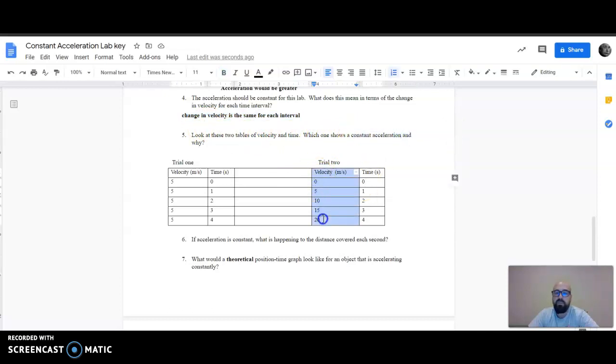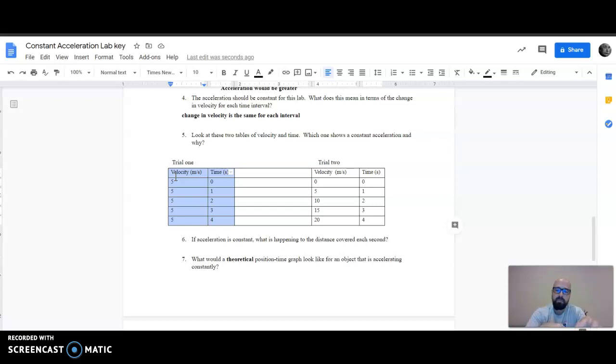So that's the one where the velocity is going up by 5 each time interval. So that's a constant acceleration of 5 meters per second per second. So it keeps going up. Some of you answered that this one showed a constant acceleration, and what you're confusing there is you're confusing constant